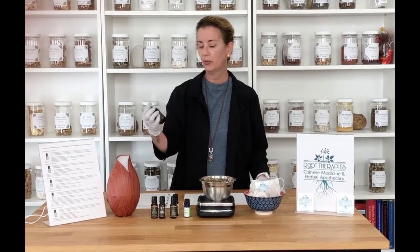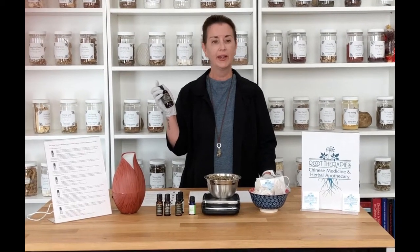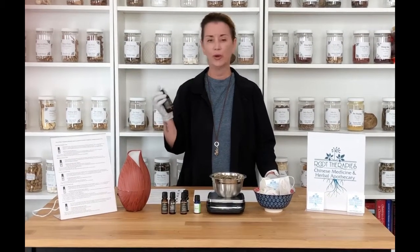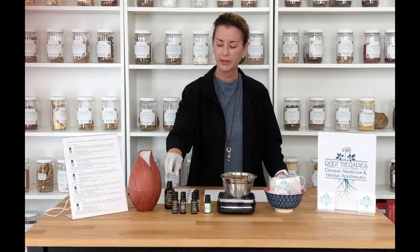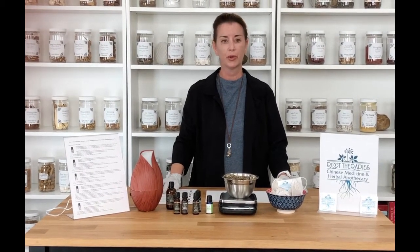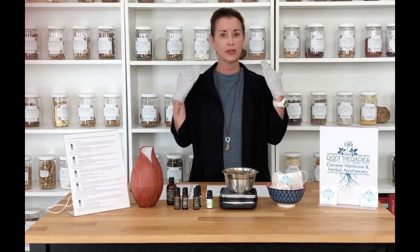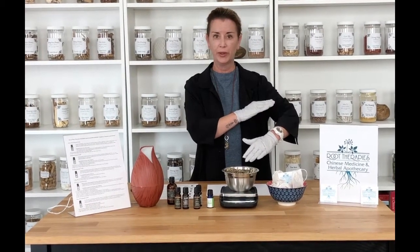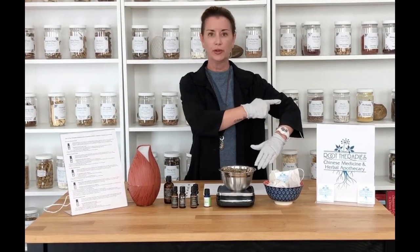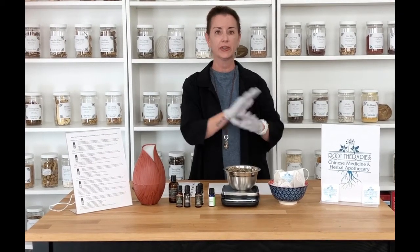Frankincense is one that I don't really diffuse in the air as often, but they can be used topically with a carrier oil such as coconut oil or jojoba oil. Frankincense is something you can use if you're feeling like you have a slight fever or a sore throat. A lot of times I'll have my children put that on their neck near their lymphatics. You can also use it on acupuncture points. So there's one at the crook of your elbow called large intestine 11 that's classically used to clear heat from